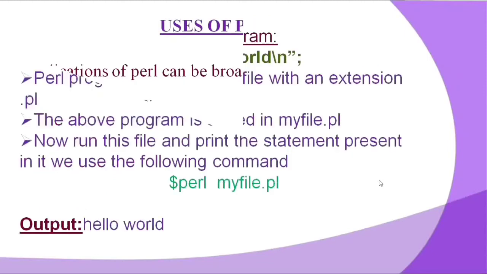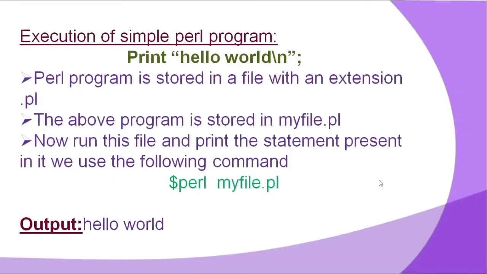Next, execution of a simple Perl program. Programming using Perl is very simple. Let us consider a simple program to print hello in Perl. It is written as, if you look at this, print "hello world". Print is the output statement. Print is used to display the output. The statement is hello world. In this statement, hello world is the string, so quotations are enclosed in the statement, ending with a semicolon. Okay, Perl program is stored in a file with an extension .pl. That means Perl programs are saved with the .pl extension, file name .pl.